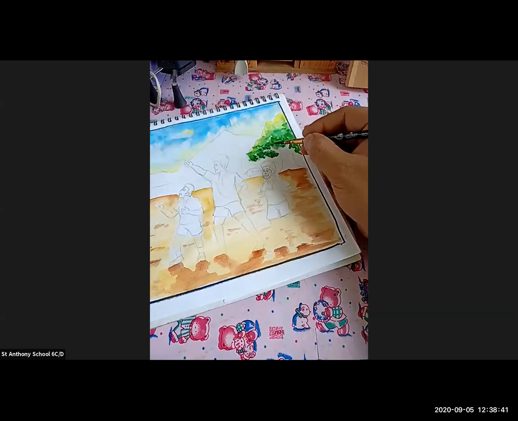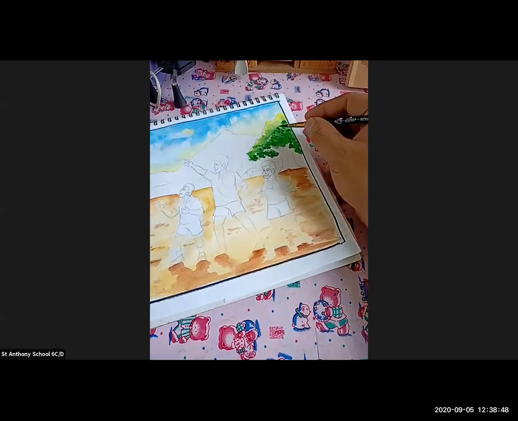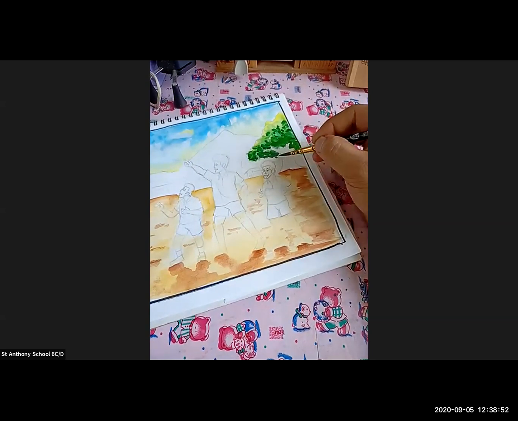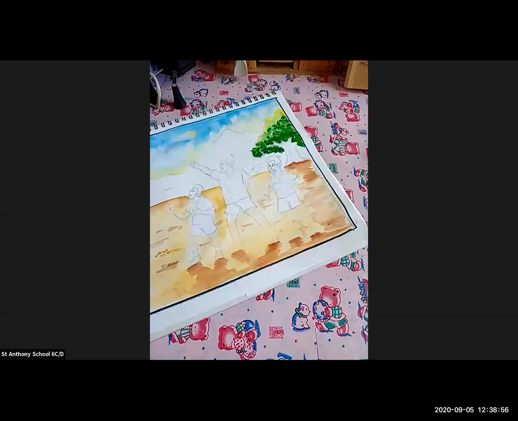This is how you're going to add more tones to it. This is the light tone, middle tone, and the dark tone. You can see this is how you're going to color the tree.